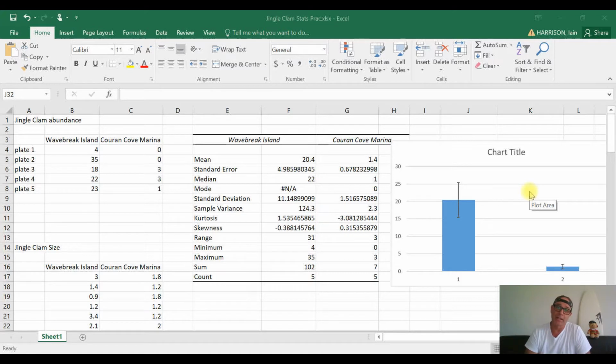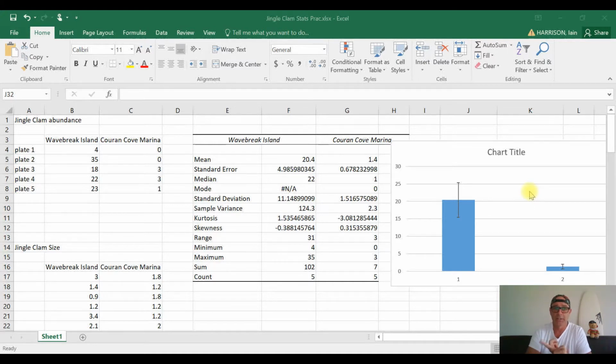What we're going to be looking at in today's video is the production of a t-test in order to test whether the data that we've collected from one site compared to the data we've collected from another site is significantly different. But just as a recap, before we head down that path, video number 1, we basically looked at how